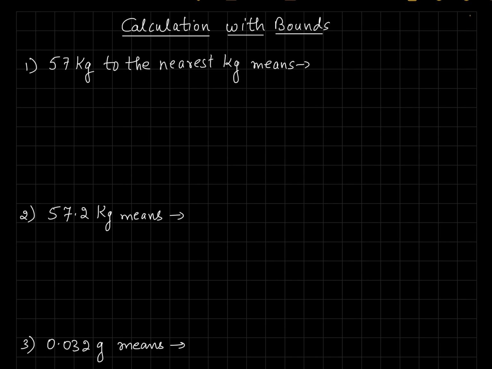What does it mean? It can be a little bit less than 57 or a little bit more than 57. But when I round it, it would be 57 kg. That is the meaning of it. So it means correct up to the nearest 1 kg; nearest kg means nearest 1 kg. So the unit is 1 here, and then we will half the unit. The unit is 1, so half of 1 is 1 by 2, which is